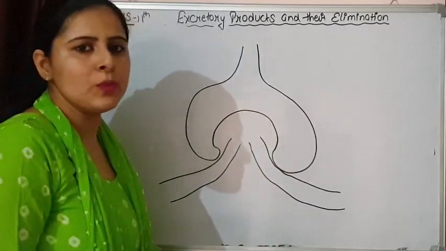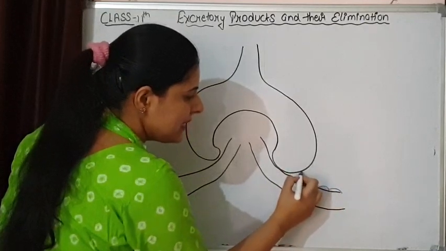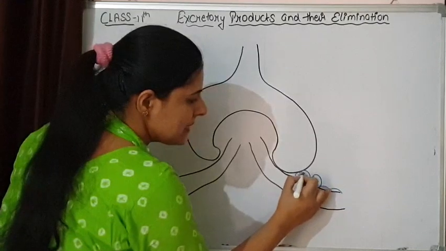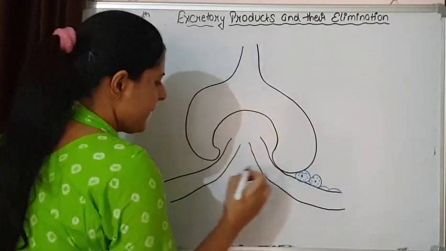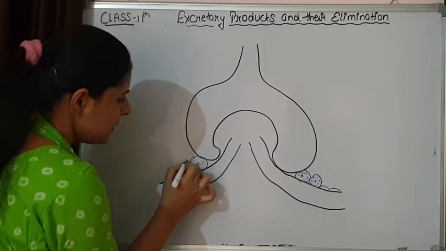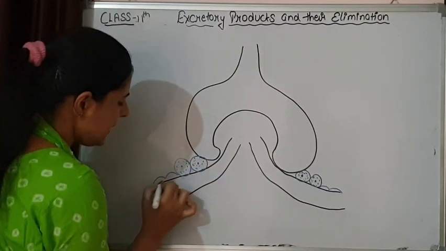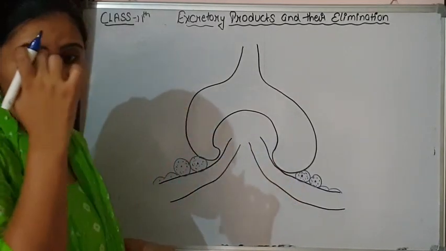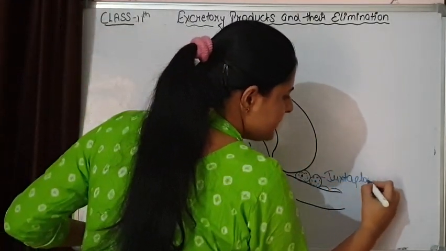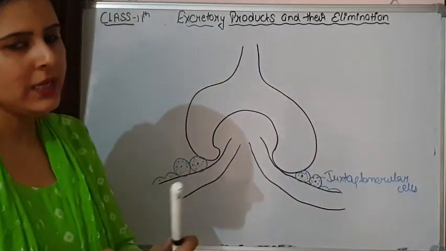Now the smooth muscle cells that are far away are like this, but those present near this region are going to swell and increase in size, and these are going to behave as the juxtaglomerular cells. That's what I was saying. The smooth muscles are going to modify and form the juxtaglomerular cells, and these cells are going to produce renin.